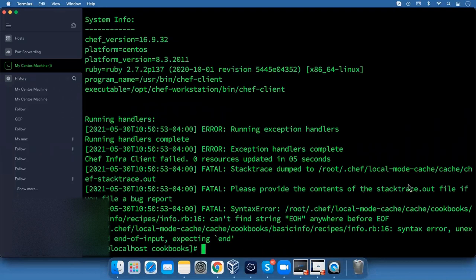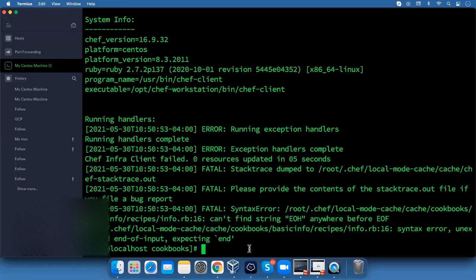There is something missing in my code, so let's check. To check the error in this code, we need to run this command, chef exec ruby -c with small c, and the cookbook name is basic info, recipes, and the recipe name is info.rb.